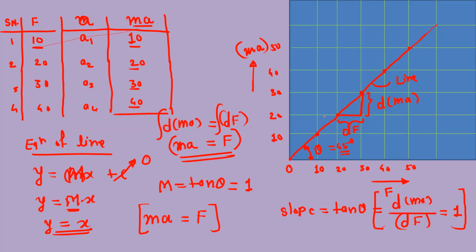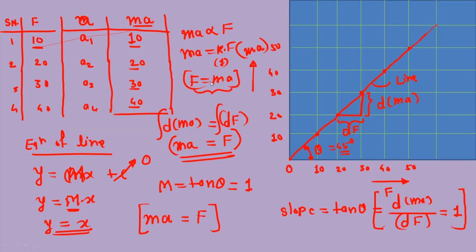So by this method, you will get the same equation, F is equal to mass into acceleration. So this is how you can prove the proportionality constant in this equation, which is that mass into acceleration is proportional to the F. So this constant is nothing but the value 1, and therefore we write Newton's second law as F is equal to mass into acceleration.